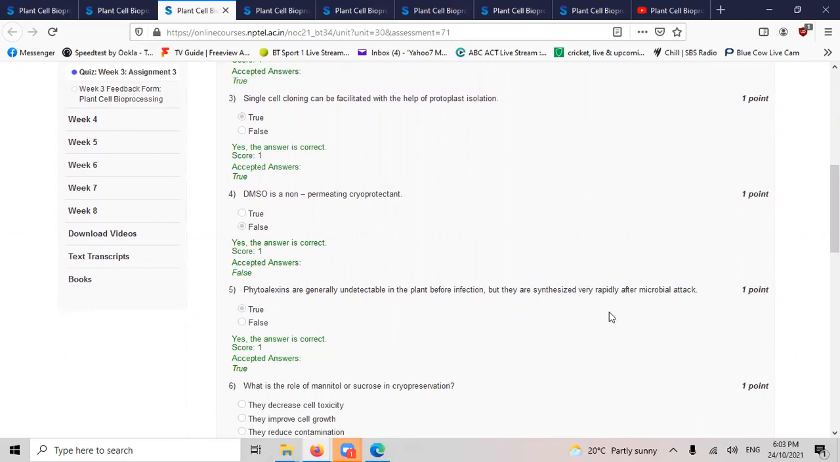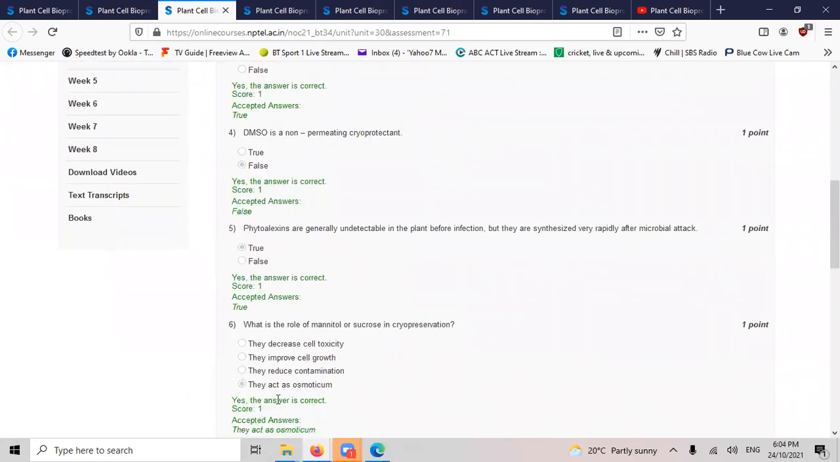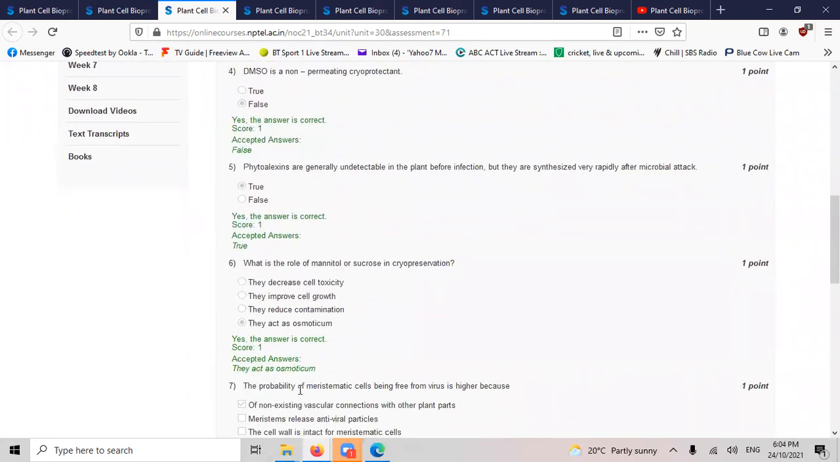Phytoalexins are generally undetectable in a plant before infection. They are synthesized very rapidly after microbial attack. Bloody oath they are. What's the role of mannitol? That's an osmoticum. The probability of meristematic cells being free from virus is higher because of